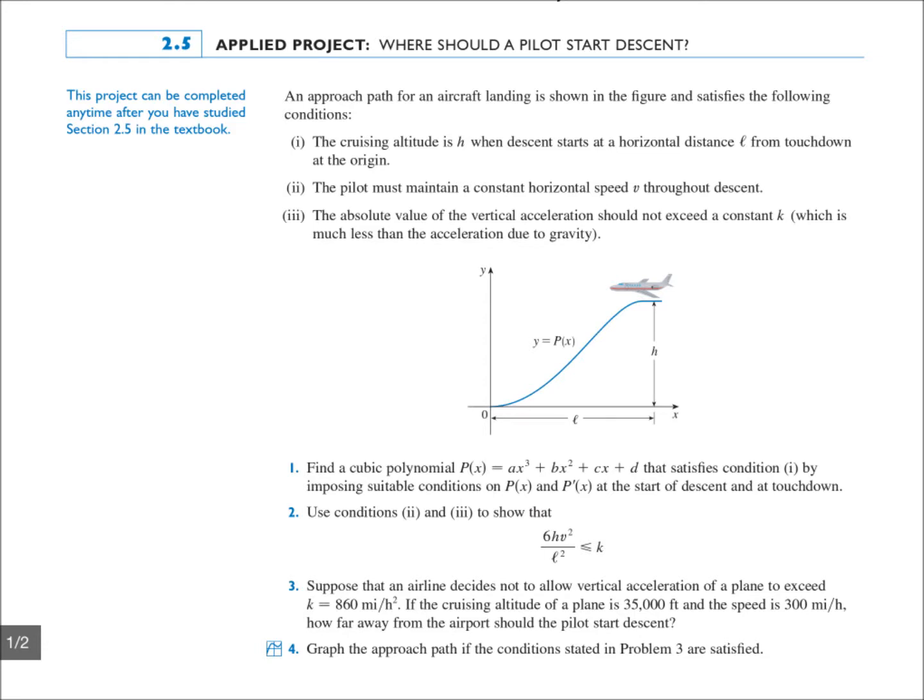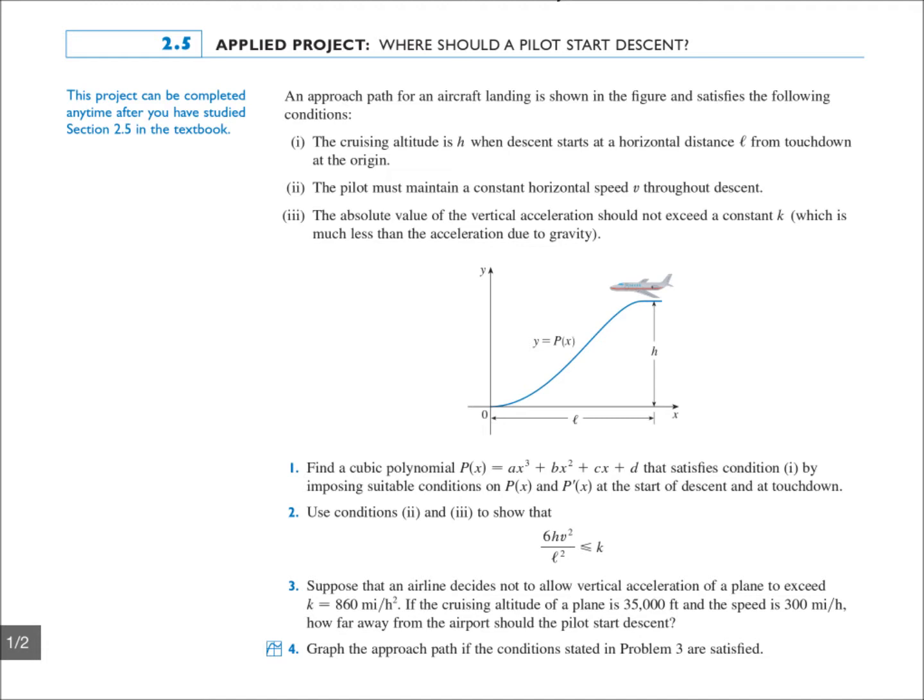An approach path for an aircraft landing is shown in the figure and satisfies the following conditions. 1. The cruising altitude is h when descent starts at a horizontal distance L from touchdown at the origin. 2. The pilot must maintain a constant horizontal speed v throughout descent. 3. The absolute value of the vertical acceleration should not exceed a constant k, which is much less than the